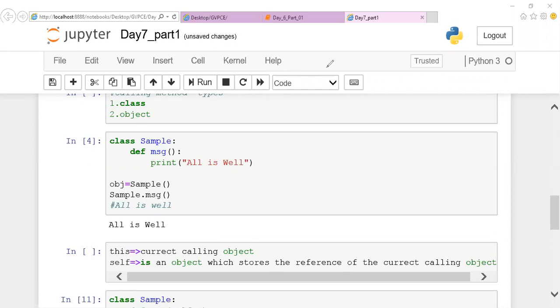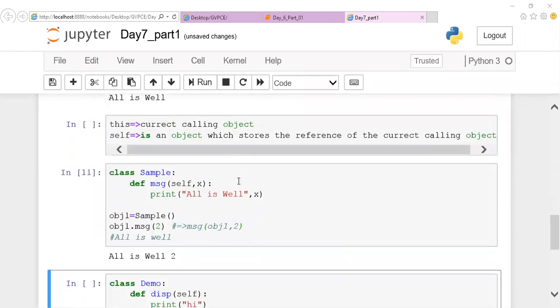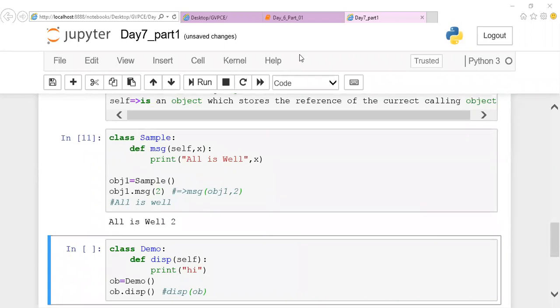Down. Here you wrote object one dot message two, no, ma'am. Yes, I have written it. It takes it as message object one comma two. If sample dot message two is called, how does it take the argument? I'm asking, madam, sample dot message.